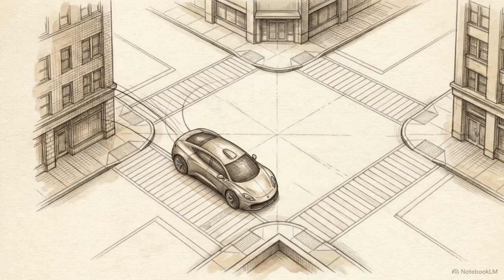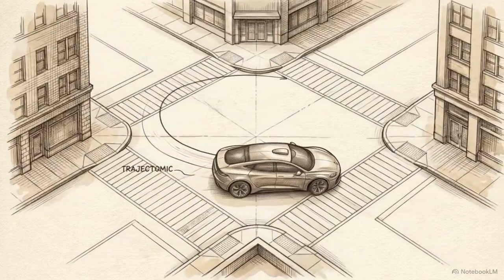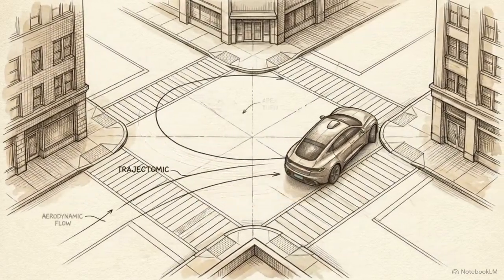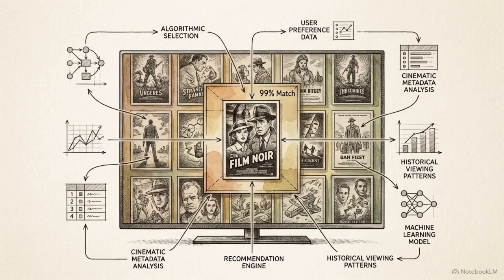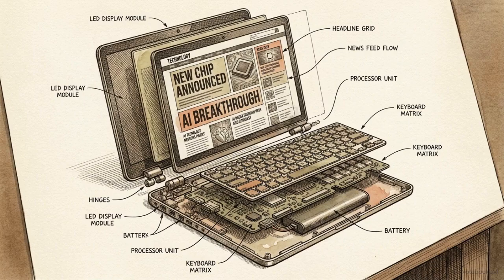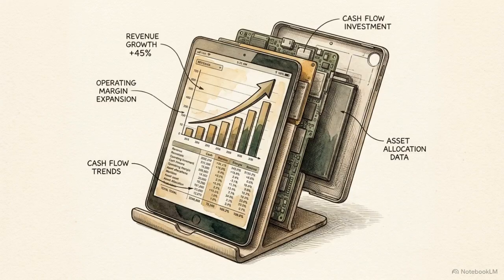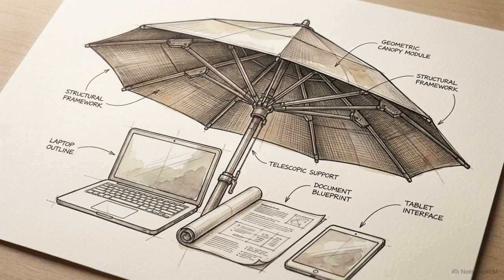If you look at the technology shaping our world right now, you'll see software that can navigate busy intersections at night, systems that can filter through billions of emails in seconds, and algorithms that can predict exactly what you want to watch next. Open any tech blog, read a press release, or an earnings report, and you will see all of these distinct tools grouped under one massive umbrella: artificial intelligence.